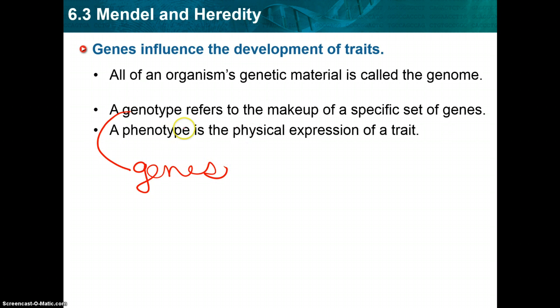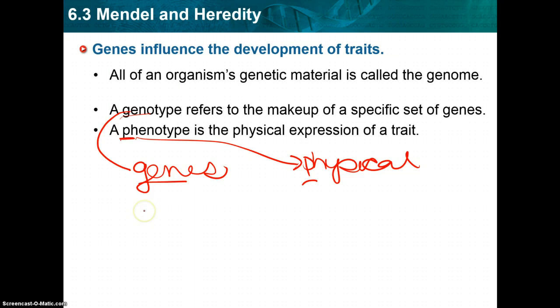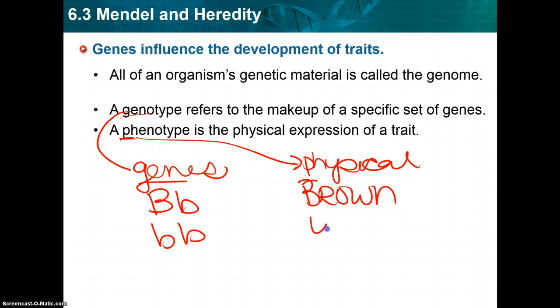And like I told my class today, I remember it because P is going to be your physical traits that you see. And physical starts with P-H. And then your genotype will be your genes because they both start with gene. So the phenotype would be what you actually see. That would be the hair color, the eye color, the wrinkle or smooth pea. Your genes would be the actual genes that would be expressed. For example, it would be big B, little b, little b, little b. This would be big B, black, brown, or brown. Sorry, brown. White.